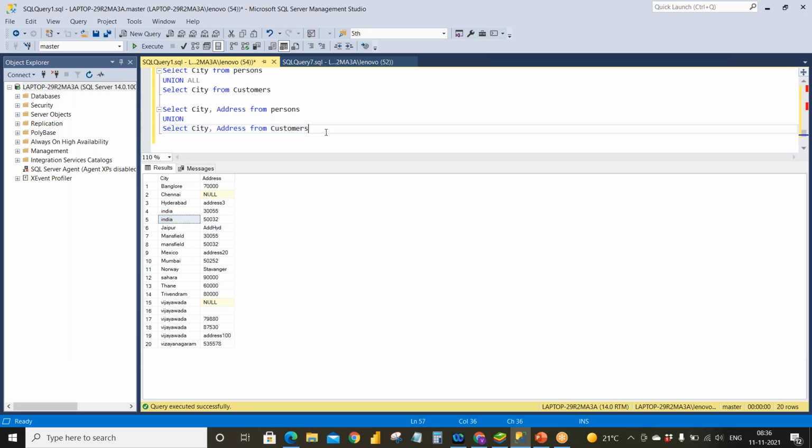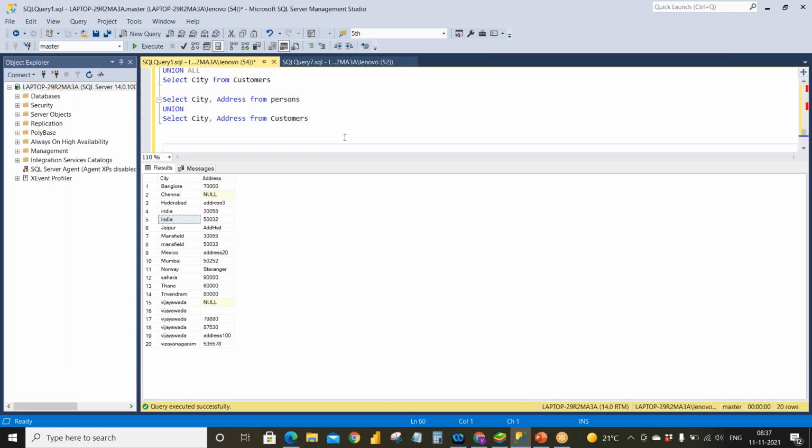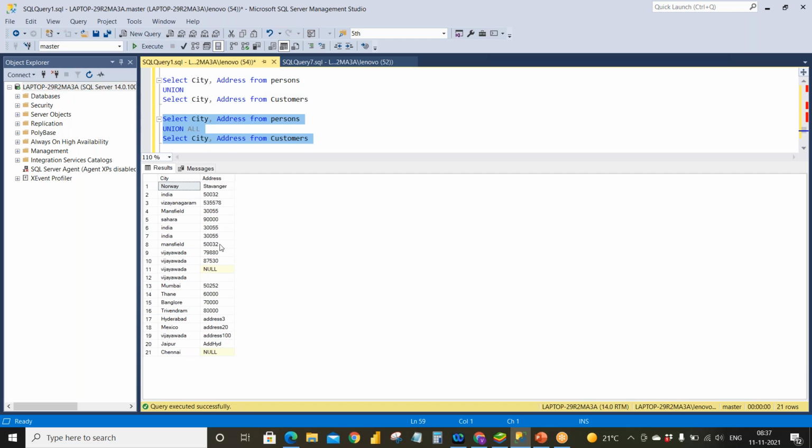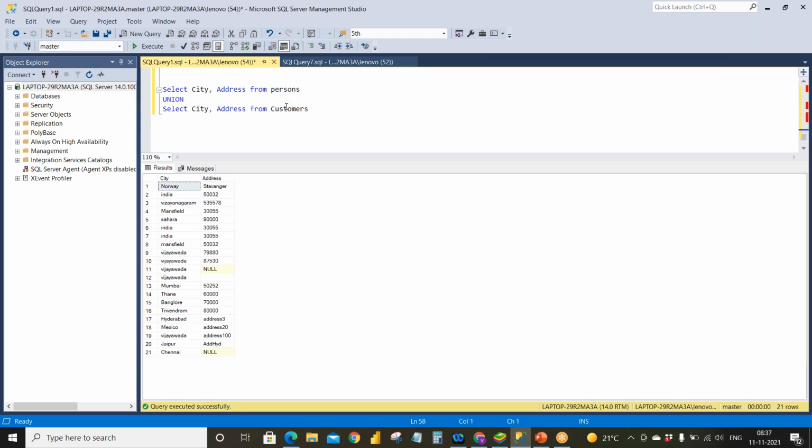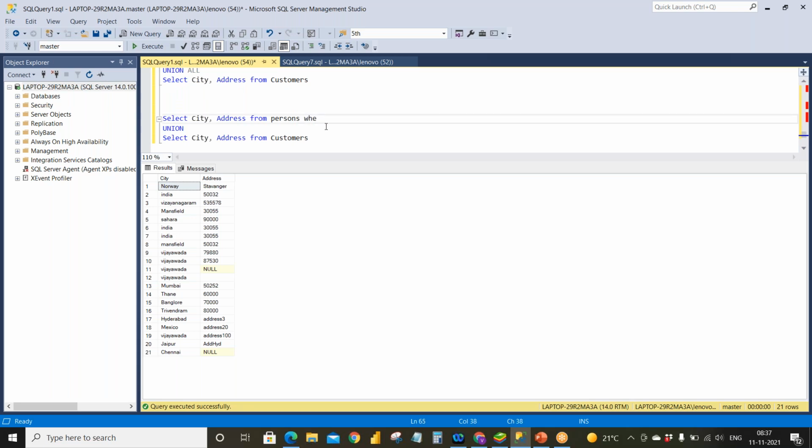Now here also you can give the condition. When you are giving the condition, you need to keep in mind that you need to give the condition in both the tables. Before this, we will also see the union all, where it will retrieve all the data. See, all the 21 rows are retrieved over here. And coming to the conditions, right? I have to give the condition here and there as well. So what would my condition be? Any condition which you want to give.